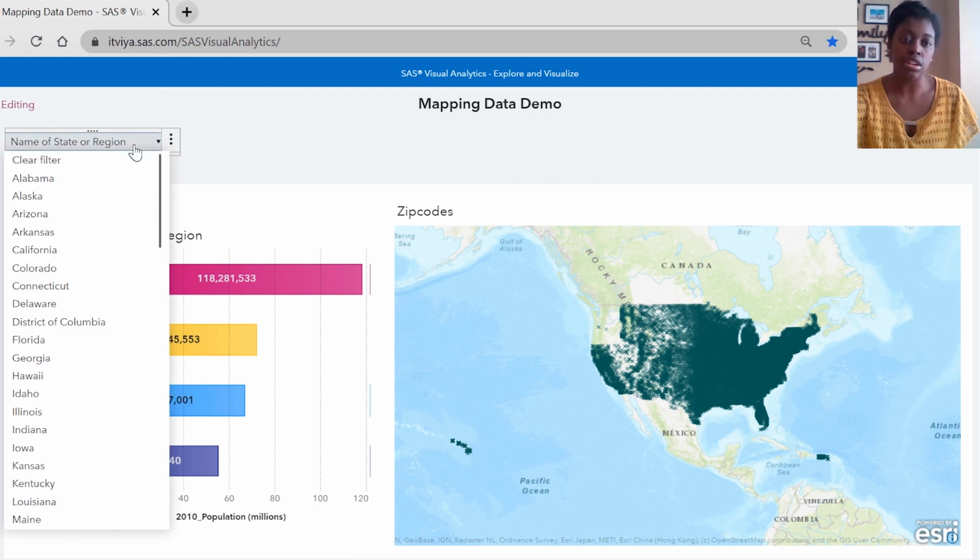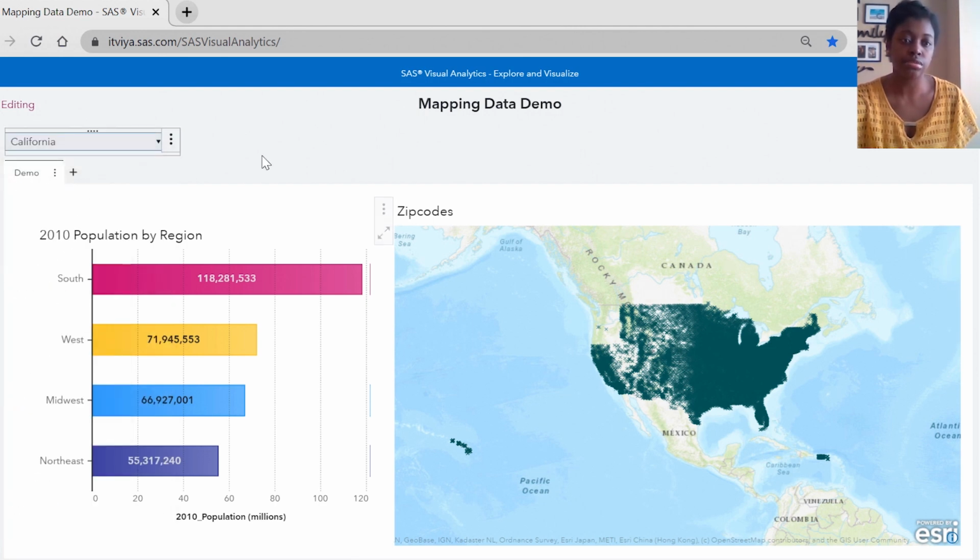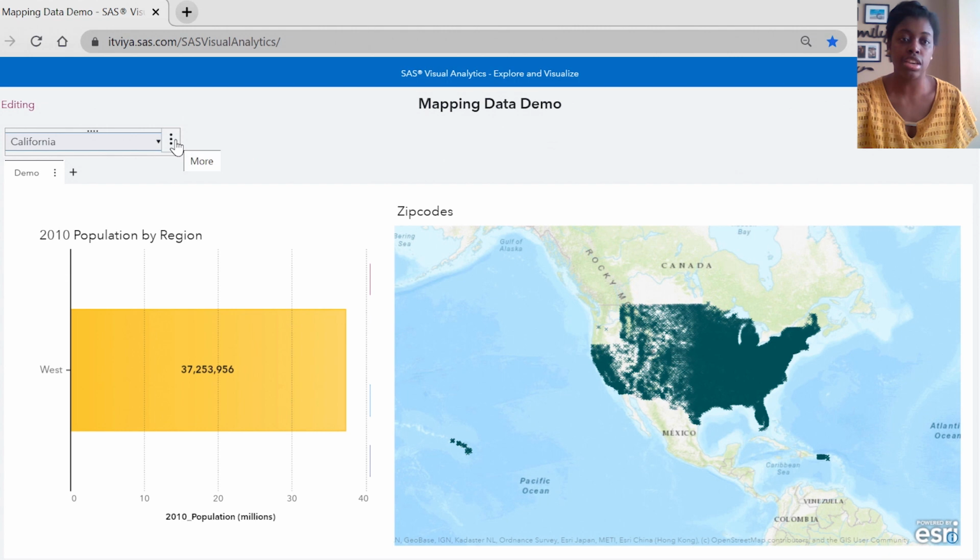As you see here, let's use this filter. And this filter has an action between both of these report objects, the geomap as well as the bar chart. And you see that this filter is actually working for the bar chart. Again, these two have the same data sources. But by default, like I mentioned earlier, it does not have a successful interaction with this geomap. And that's because these two are using different data sources. So we need to map them together.